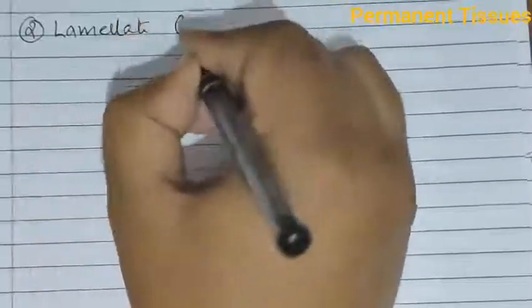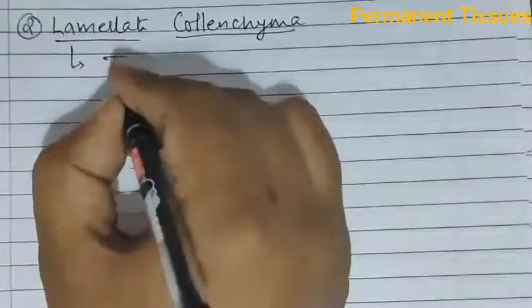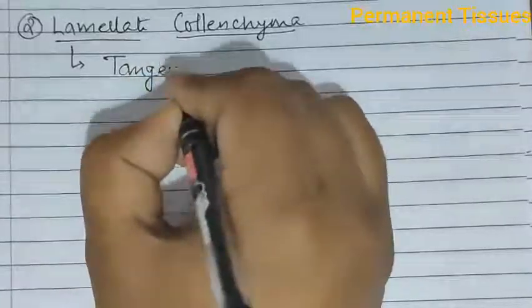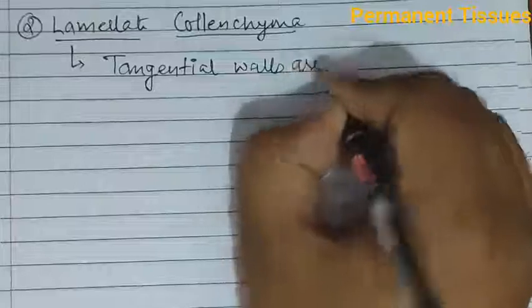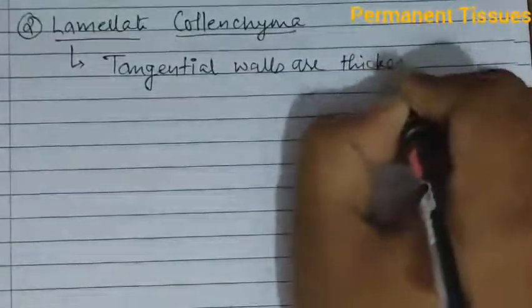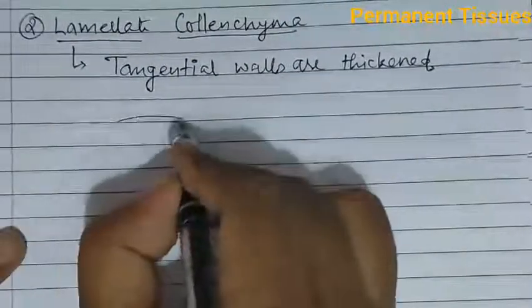Second type is lamellate. Now the lamellate type is one in which the tangential walls are thickened. So if we draw a diagram of such cells,